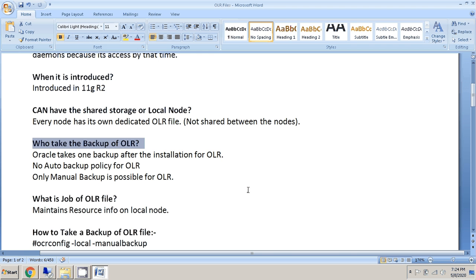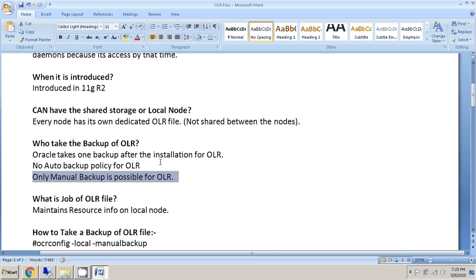Who takes the backup of the OLR? Oracle takes one backup after the installation. There is no auto backup policy for the OLR, only manual backup is possible. The last scenario that happened in my office: no one was taking OLR backups, and the OLR got corrupted at the local mount point and could not be seen. We were not aware of the last OLR backup, and that was the problem.